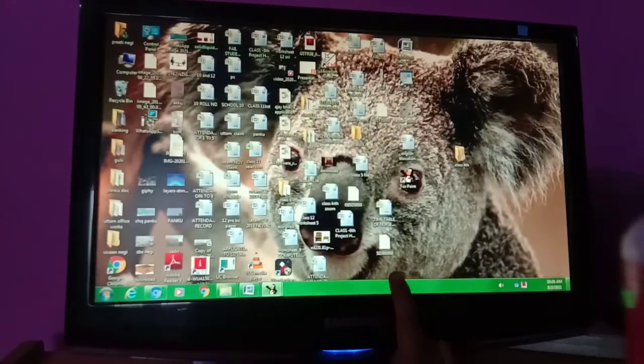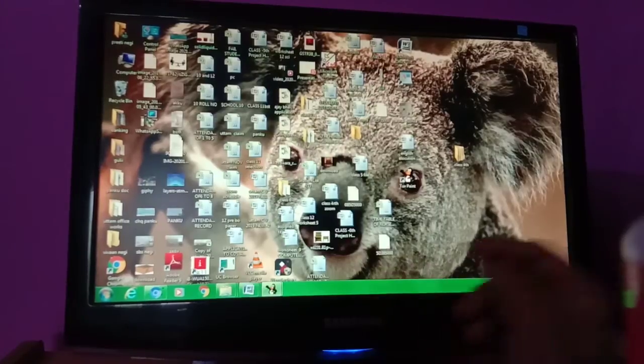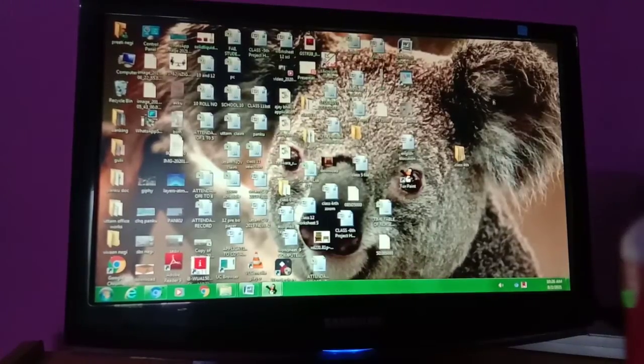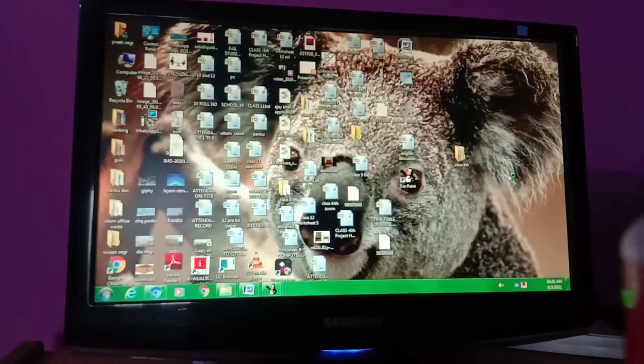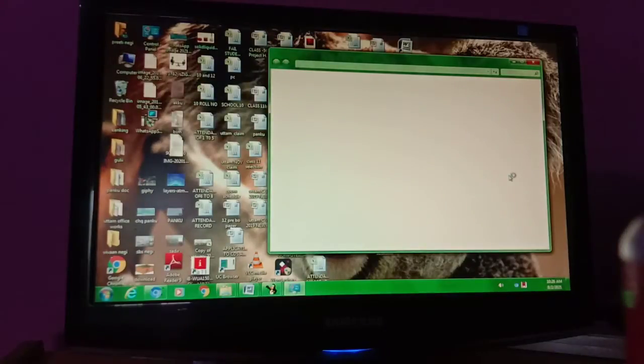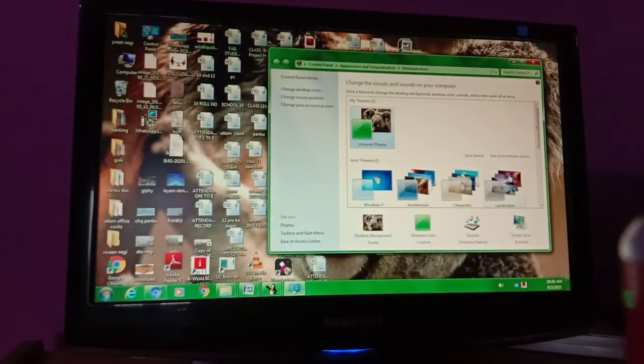How to change the appearance of the desktop? You need to right click on the blank area and go to the personalize option. As you click on the personalize option, you can change your screen theme.